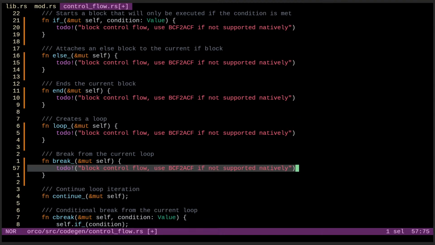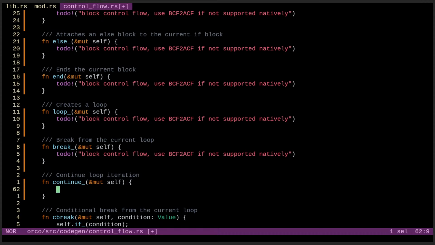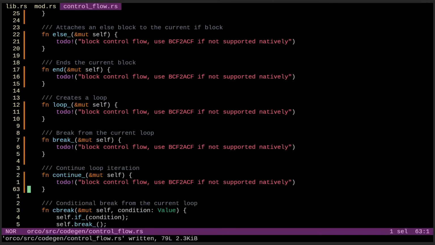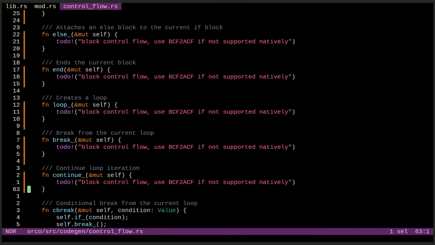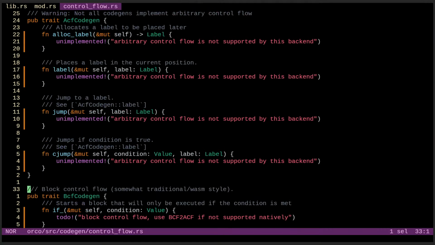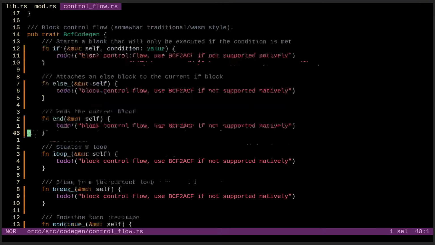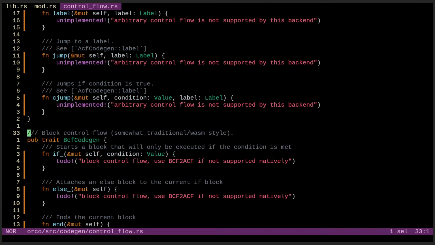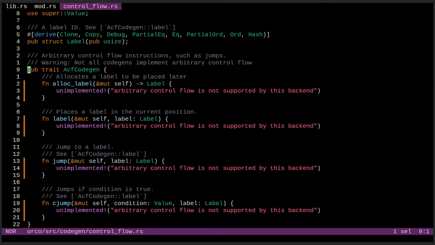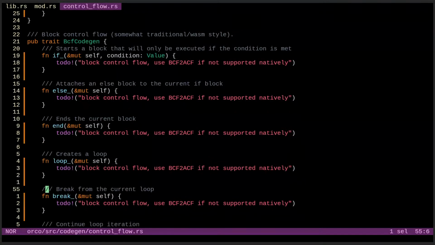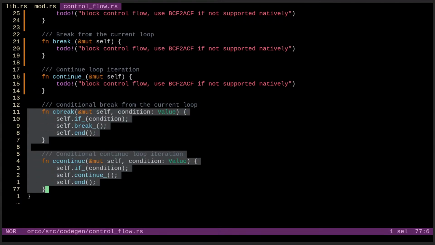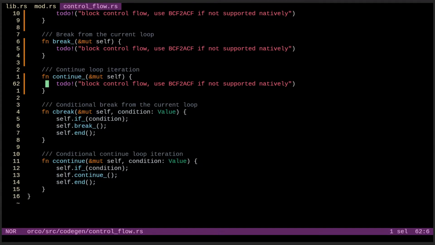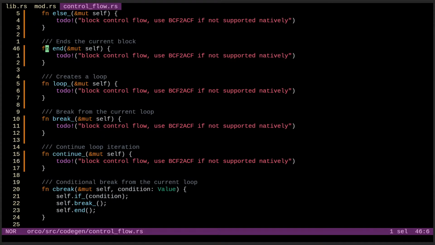Because you are supposed to use the blanket implementation only when necessary. I mean, ideally I'd leave stuff on unimplemented, honestly. Without the unimplemented stuff, I mean, ACF is fine. BCF, on the other hand, we also have those optional functions. I don't know.